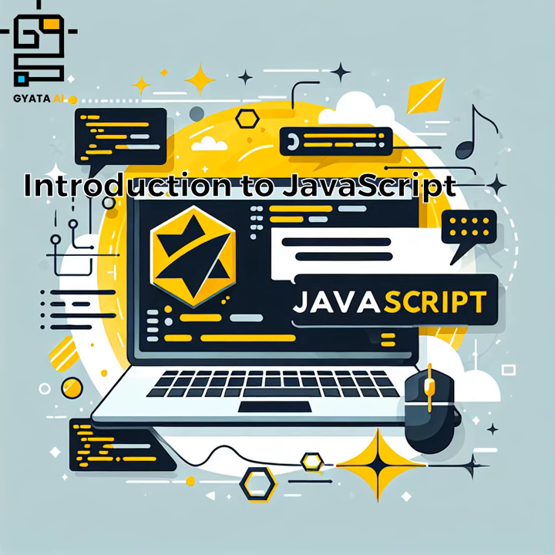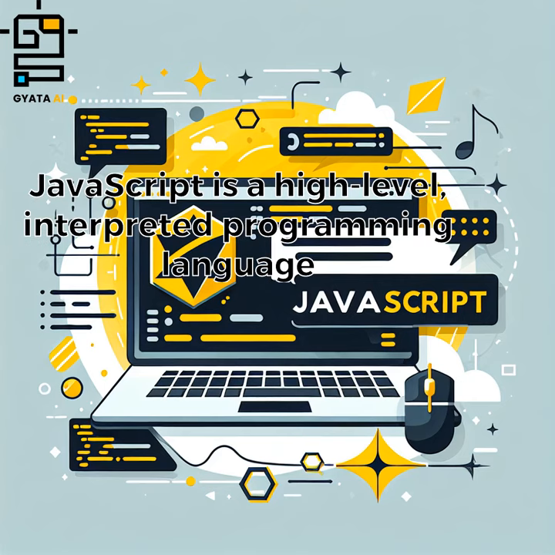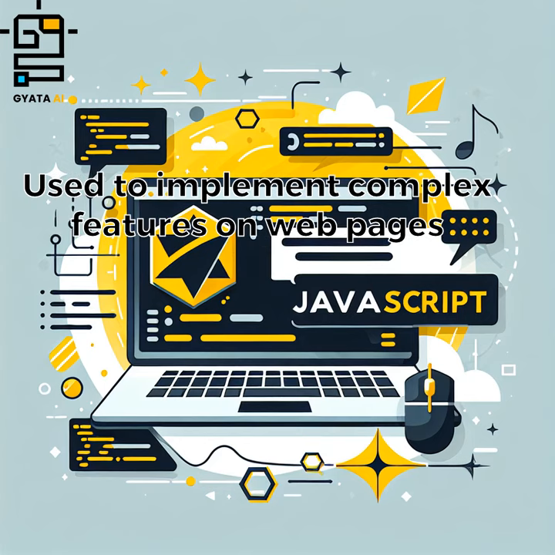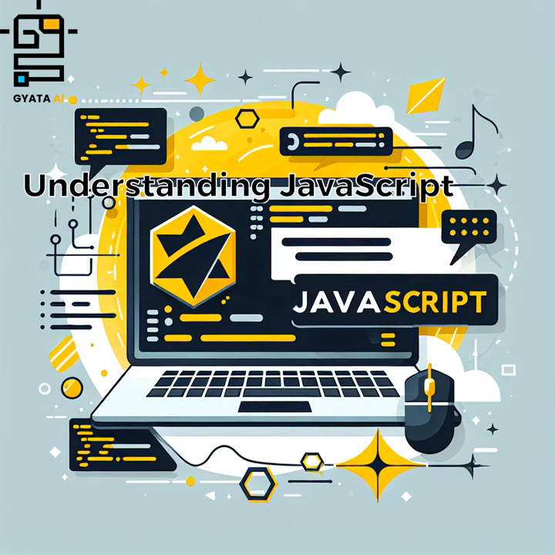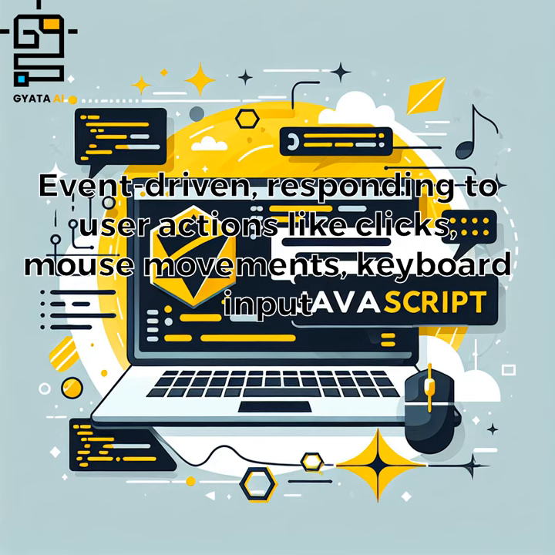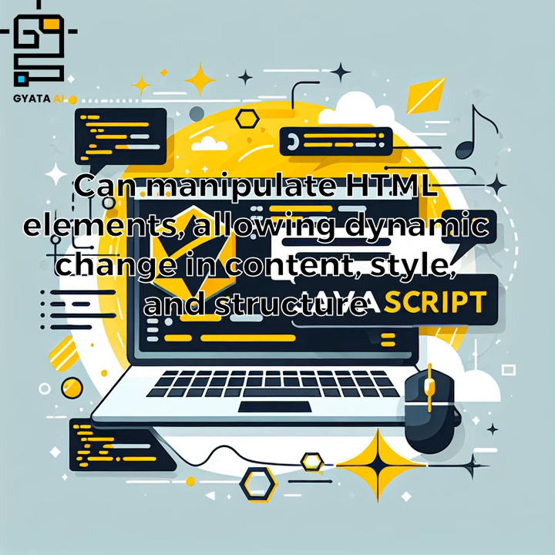Introduction to JavaScript. JavaScript is a high-level, interpreted programming language. It is a cornerstone technology of the World Wide Web, used to implement complex features on web pages. Understanding JavaScript runs in the user's web browser, making web pages more responsive and interactive. Event-driven, responding to user actions like clicks, mouse movements, keyboard input, it can manipulate HTML elements, allowing dynamic change in content,